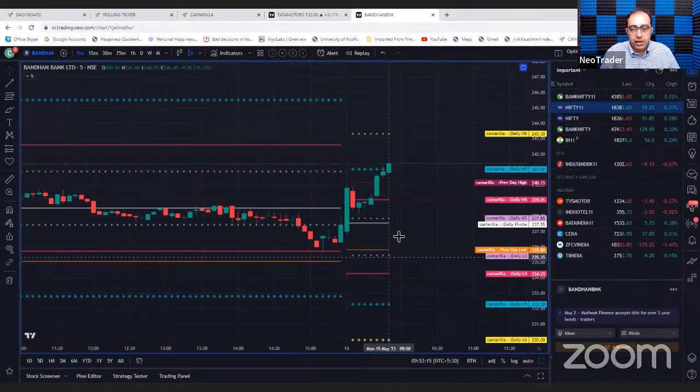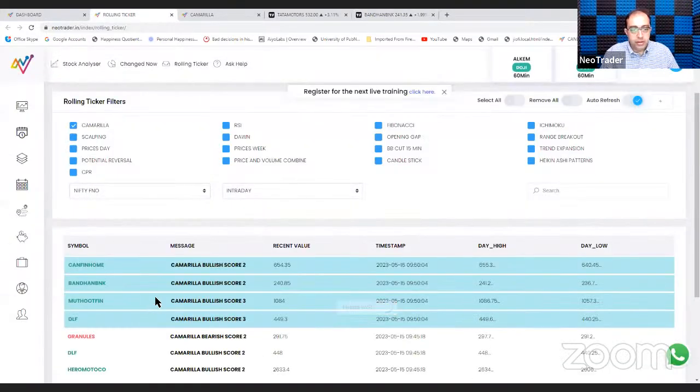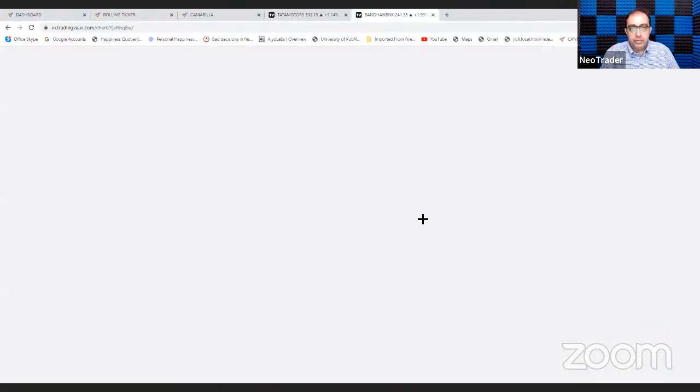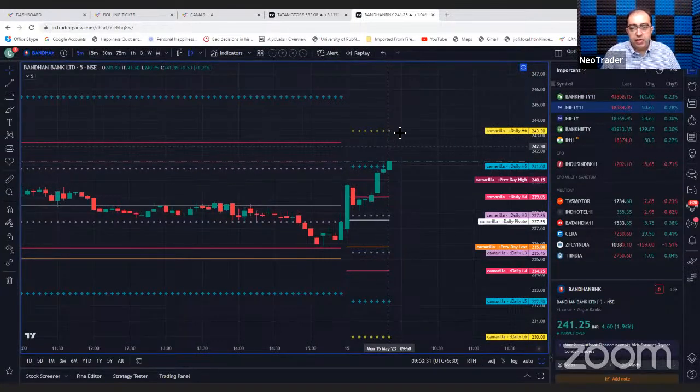You can see here that Bandhan Bank appeared here in the rolling ticker. You can see that Bandhan Bank appeared around 950, and it is slowly inching up. Right? You can see here now Bandhan Bank is having a target of around 243 half. So this is looking good because Bank Nifty has been doing well, and some of the private banks